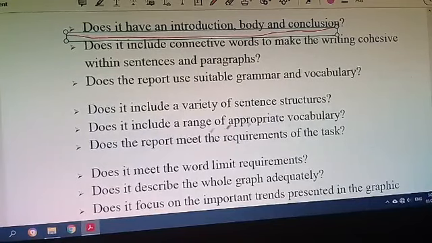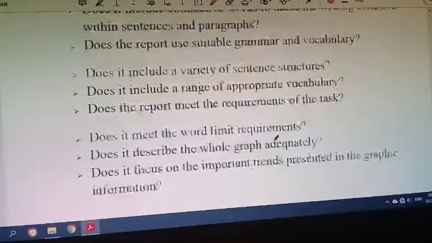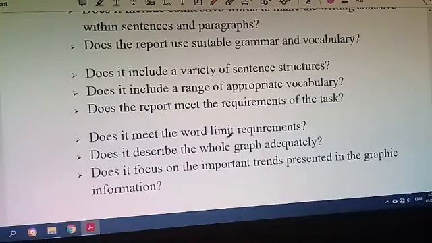And does it meet the word limit requirements? Another point is that whenever you write these, the word limit must be 150 or 170. Don't write 300 words or 250 words. This is not right. Usually, to write a graph or chart,